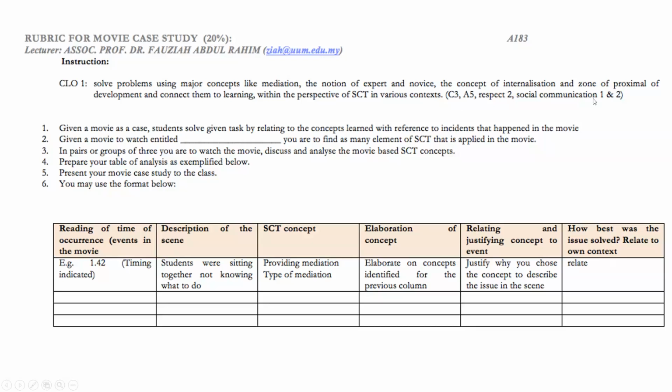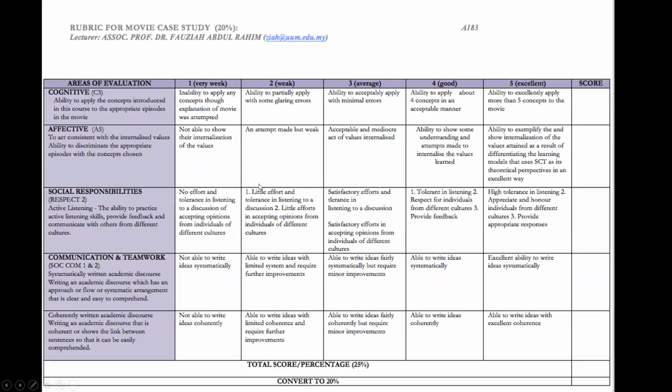This CLO is related to the social, soft skills, and this is the instruction that I want them to do. I've given them the template of what I asked them to do, and this is the rubric. Remember, I told you the top is the standard: excellent, good, average, weak, very weak. Average here means they meet the standard at the master's level. If they scored excellent, that means they are very well ahead